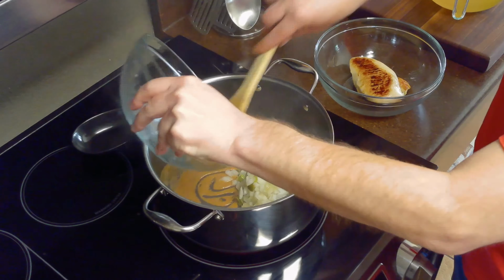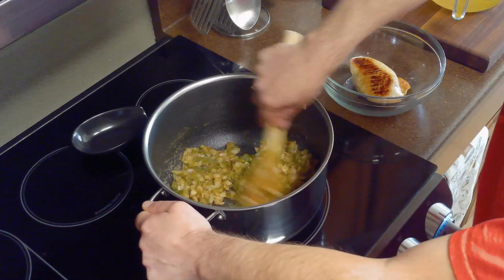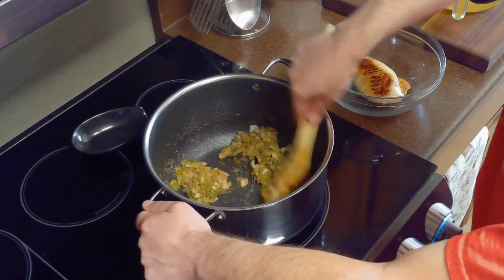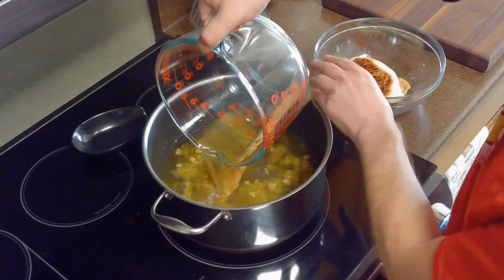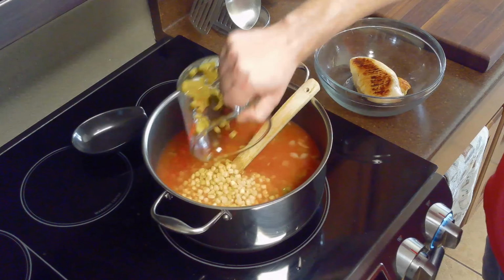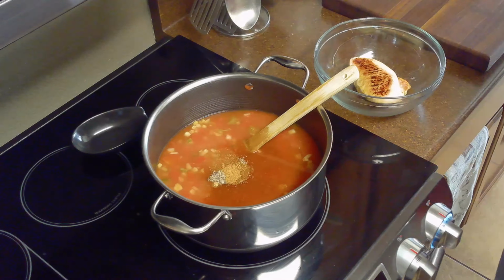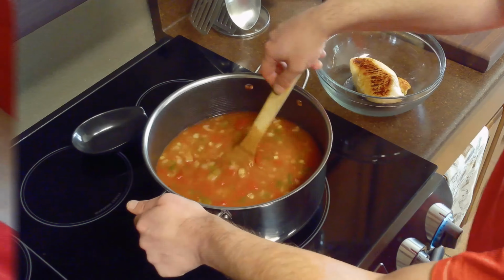Then we'll add our chopped onions and chili peppers and tablespoon of minced garlic and continue to cook our roux until fragrant, about another 2 minutes, before pouring in our 6 cups of chicken broth, 28-ounce can of diced tomatoes with its juices, and stirring in our 16 ounces of corn, teaspoon of cumin, teaspoon of chili powder, half teaspoon of salt, half teaspoon of pepper, and 1/4 teaspoon of cayenne pepper, and then bring our soup to a boil,